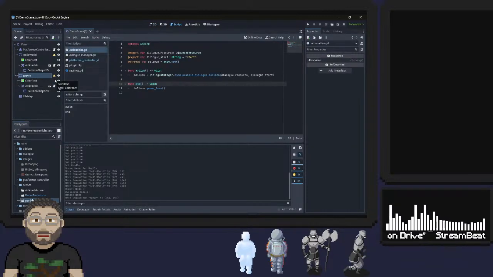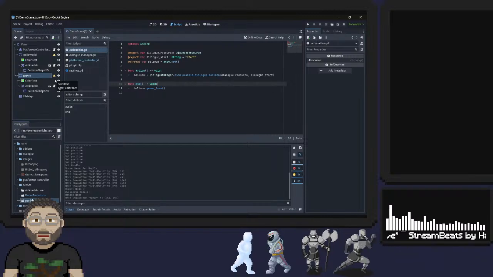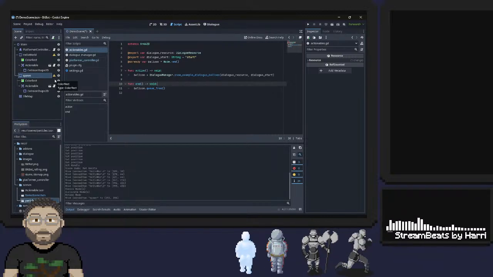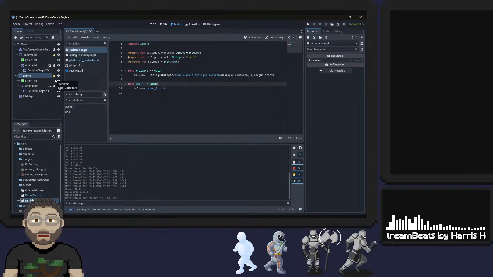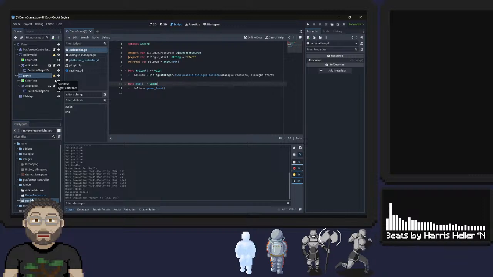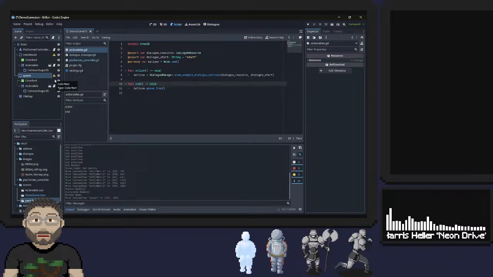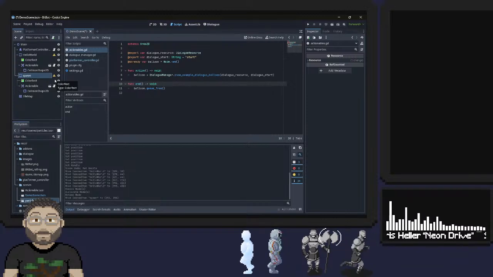So I actually don't want an actionable here. What I want is like a trigger. Because with the way I have the actionable set up, the player has to interact with it for it to do something. What I want this to do is that when the player hits it, it does something. So I am going to create